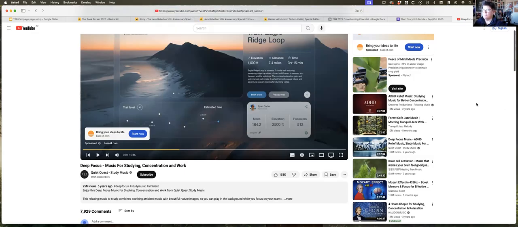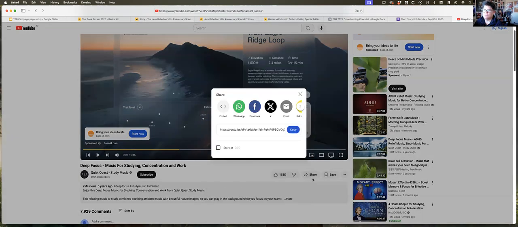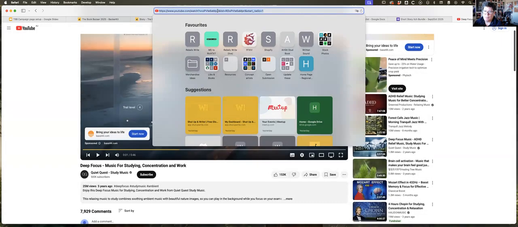You don't go down here to share or anything. You grab this section after the v equals and before the ampersand. You grab that section of the URL,